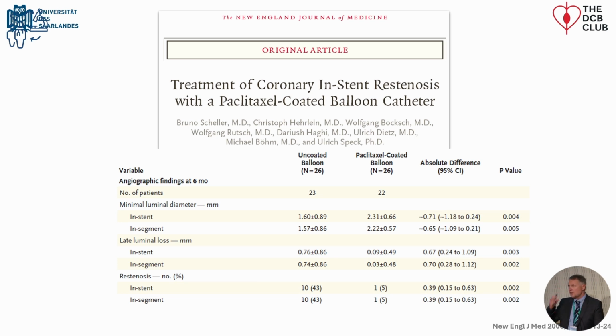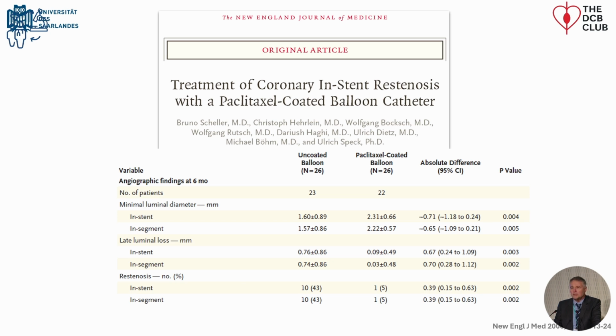And we discussed how we can translate those findings into the first clinical trial. And at this time, it was much easier to do a first-in-man trial in Germany than it is the case today. And at this time, in 2002 and 2003, bare metal stent restenosis was an unsolved medical problem. We had only balloon dilatation to treat it. Drug-eluting stents were not yet available, and so we designed this small trial, PACCOCATH ISR1, 26 patients in each group